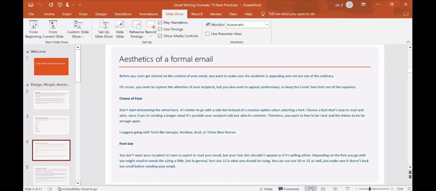Times New Roman is very standard. So when I think, okay, I just want this email to stand out a little bit, so people see it's not the normal email but still professional, I go with Arial. And with font size, I like to choose between 10 or 11, right? Or 12.